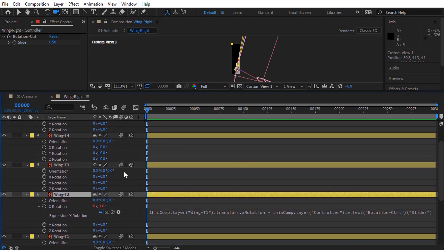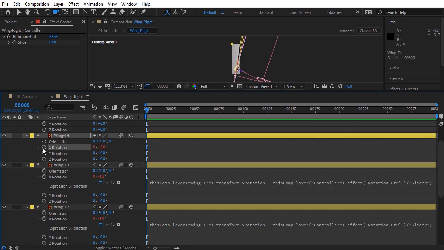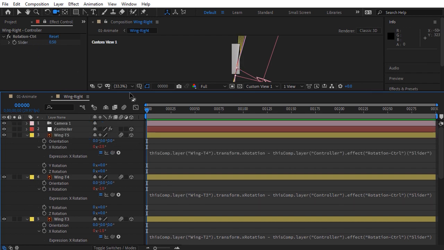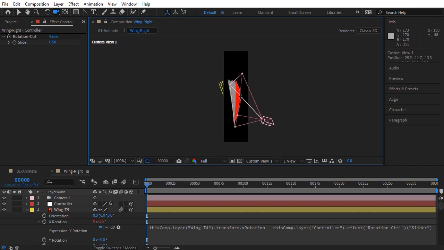Okay, let's continue the process. Connect the X rotation of Wing T3 to Wing T2 and add a minus and drag the pick whip icon over the slider. Okay, repeat the same process for Wing T4 and Wing T5. Okay, great. Let's see what we have now in the composition window. Great, as you can see, we have 5 duplicated layers that each layer is rotated 0.5 degrees relative to the